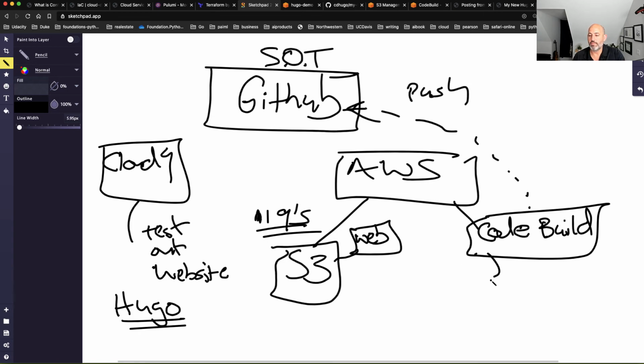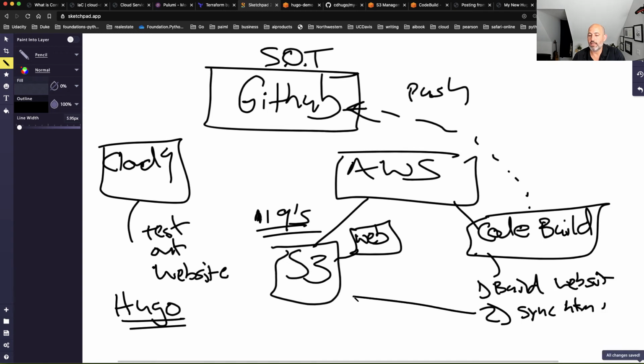And I'm going to basically, one, build the website inside of my container, and then two, just do a sync, right? So basically just sync the HTML files to the bucket. And what's awesome about this is it takes like 2 seconds. So I can literally deploy something to a system that has 11 nines reliability, which is about 1 millisecond of downtime per year, automatically. So this is continuous delivery.